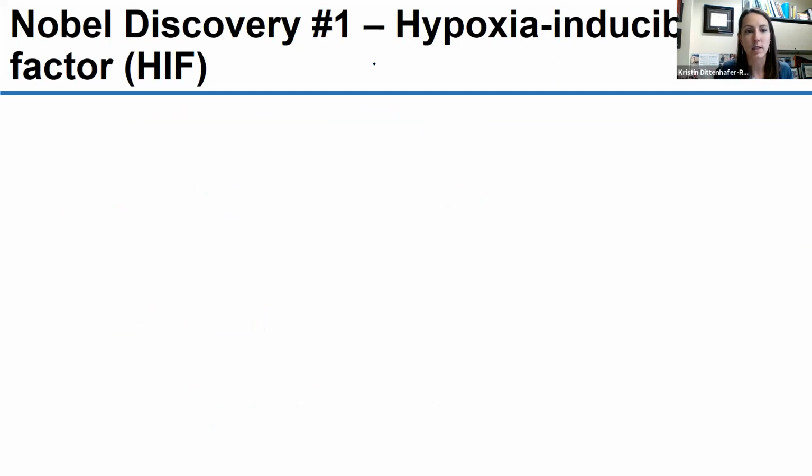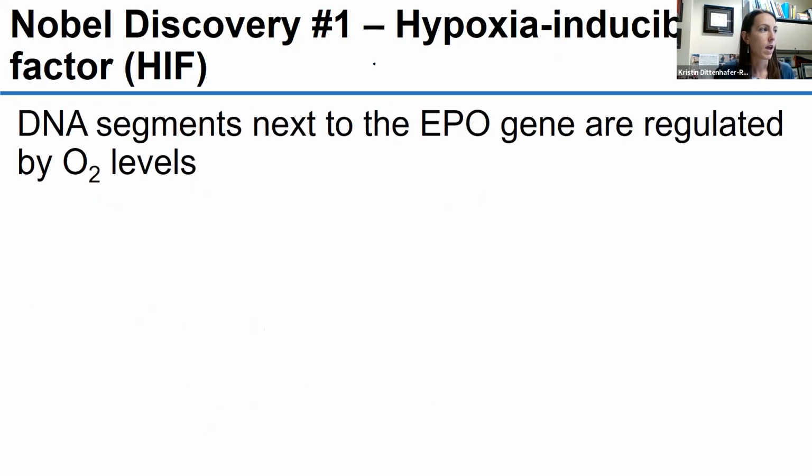So Dr. Semenza discovered this protein called hypoxia-inducible factor, which I will call HIF for the rest of the talk. He discovered HIF, and he found that there are regions of DNA next to the gene that encodes for EPO that's directly regulated by oxygen levels. So in cells with low oxygen, they saw more EPO that had to do with the transcription of this gene